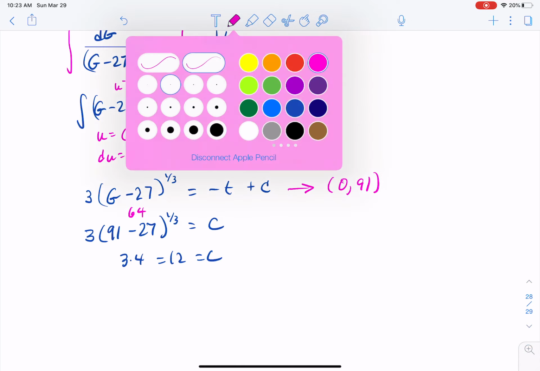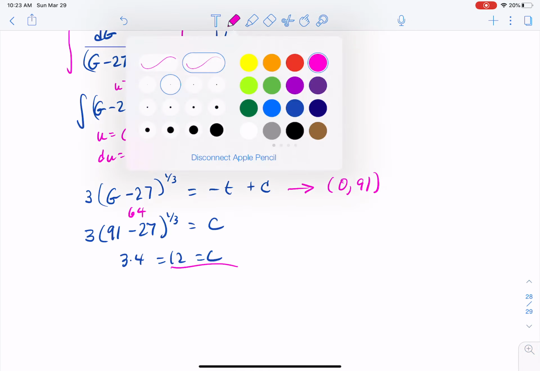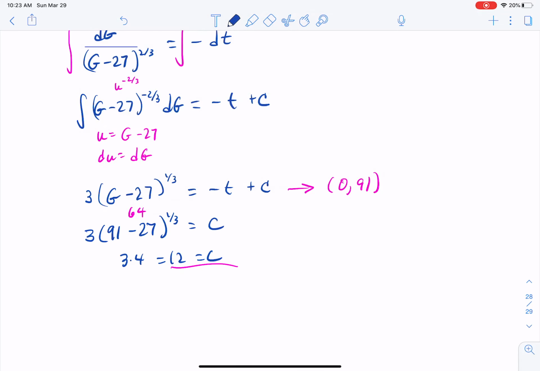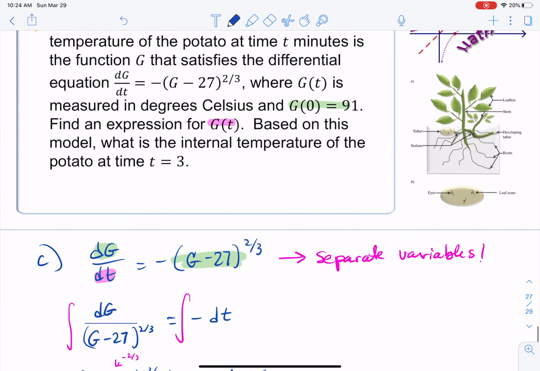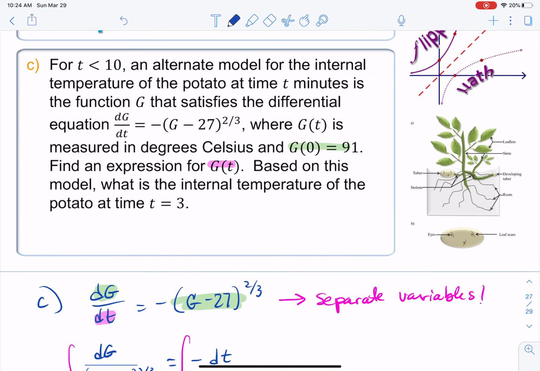Choose your colors. There we go. And then we want to rewrite our equation. So rewriting, 3 g minus 27 to the 1/3 power is equal to negative c plus 12. Okay, all right, and you might think that you're done. As a matter of fact, you're going to get most of the points at this particular moment if you stopped right there. However, it does say, I'm going to come back up here, find an expression for g of t,